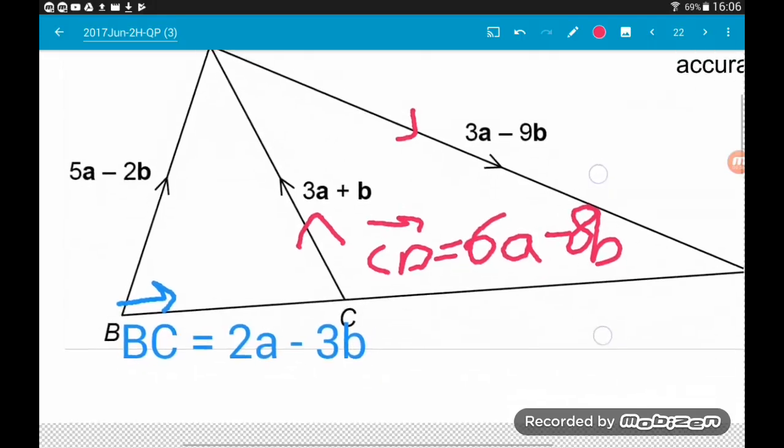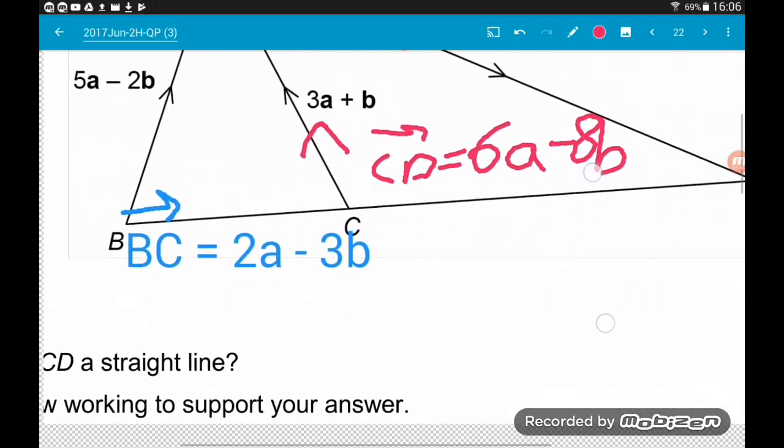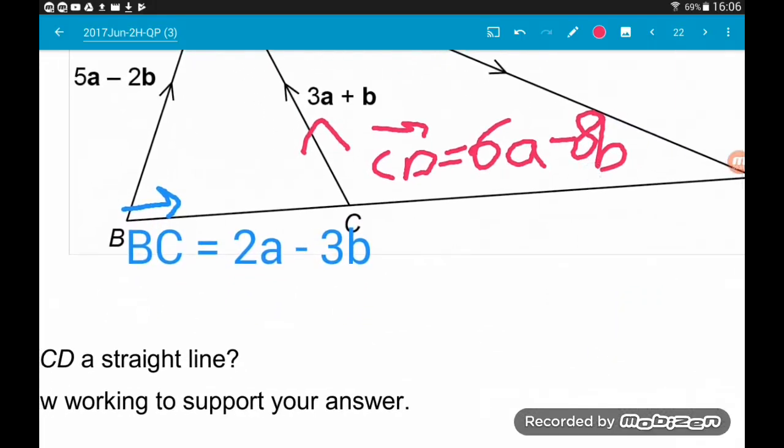So now that we've got these two vectors, we can answer the question. We can now tell if they are parallel or not. Let's try and multiply BC so that we get 6a in it as well, and let's see if the B component is the same. To turn 2a into 6a, we're going to multiply BC by 3. That's going to give us 6a